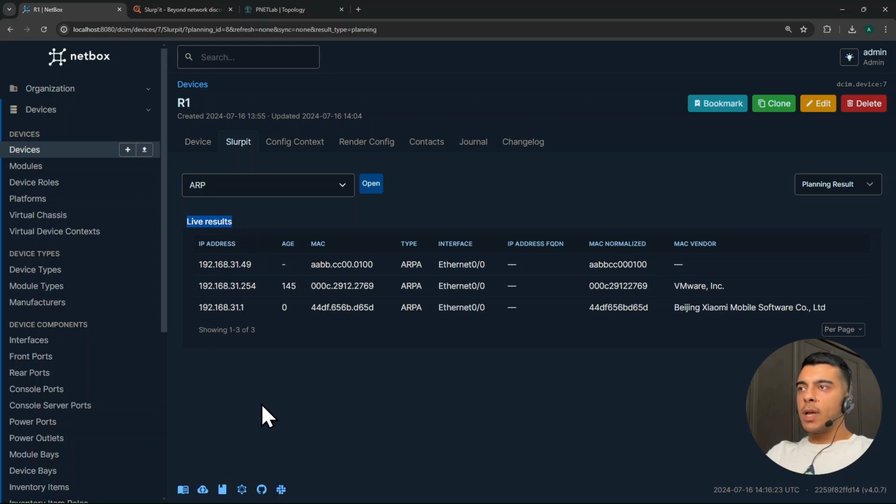Data tabs will allow you to run some tests against your device and get the live results in NetBox, which is pretty handy. And if any changes happen in your network regarding your device, then you are going to see it